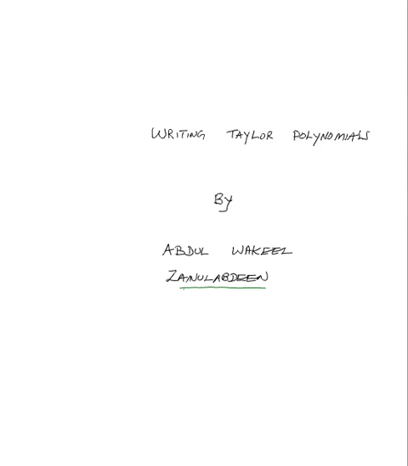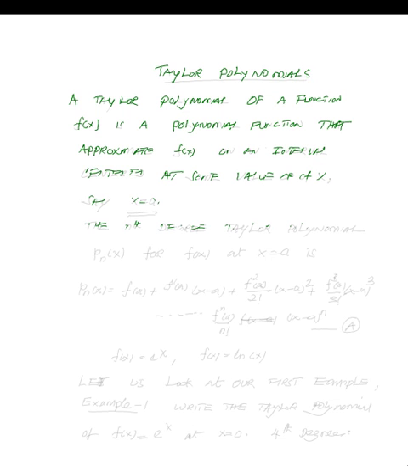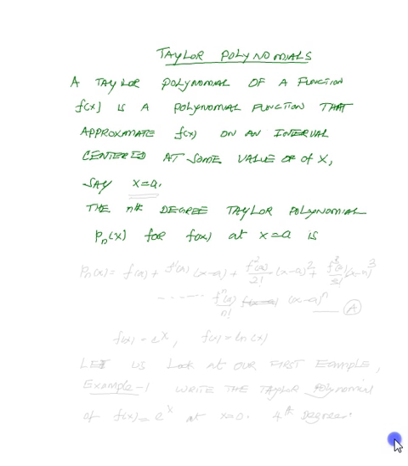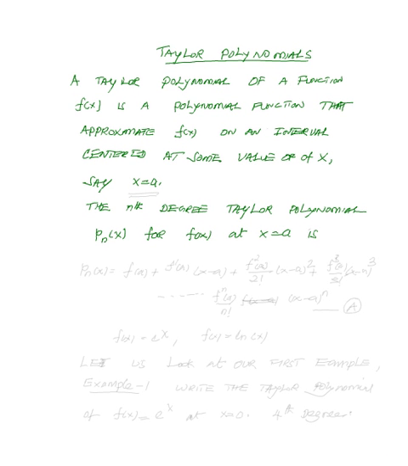In this discussion, we will talk about how to write Taylor polynomials for mathematical functions. A Taylor polynomial of a function f of x is a polynomial function that approximates f of x on an interval centered at some value of x, say x equal to a. The nth degree Taylor polynomial Pn of x for f of x at x equal to a is